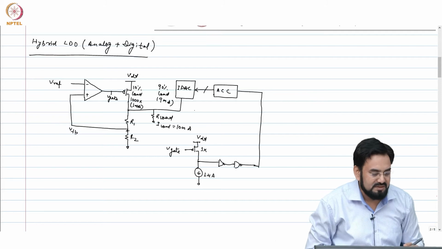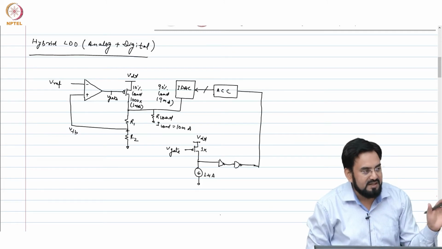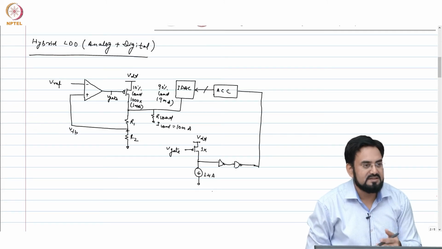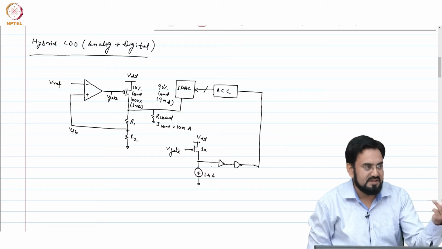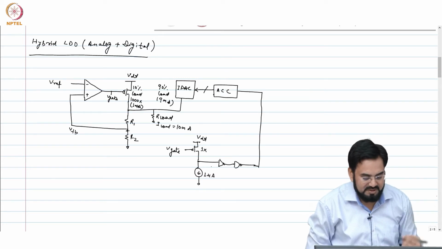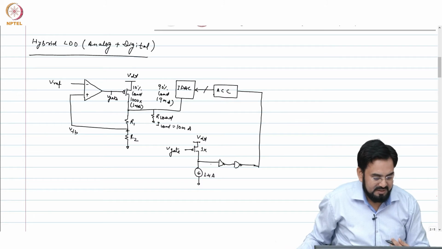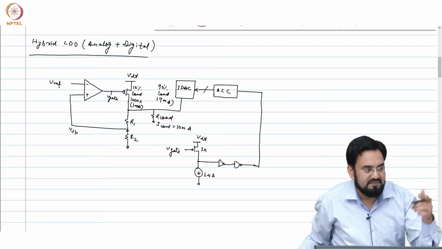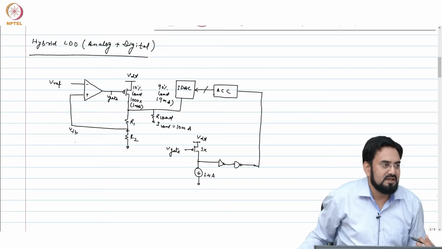So they will try to cancel each other. So it will suppress it. But if you want to completely get rid of that, you just make the hysteresis here a 2-bit ADC instead of a single-bit comparator, and you will completely get rid of that, and whatever error is left will be corrected by your analog loop.